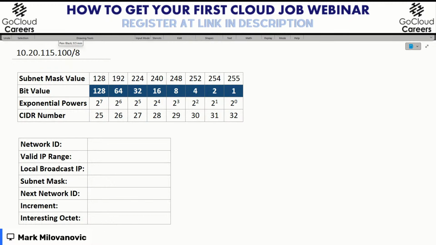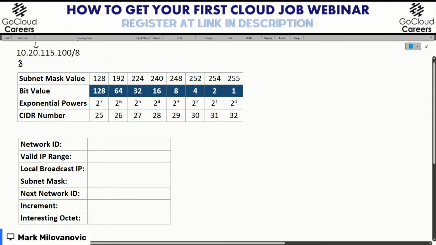The way we're going to initially approach that is just what we showed earlier: figure out what my subnet mask is, because my subnet mask tells me how far my network reaches, or makes up this number. So we need to figure out what this 8 means. I'm going to write it down and show you. This means 8 bits. Each one of these positions has a total of 8 bits.